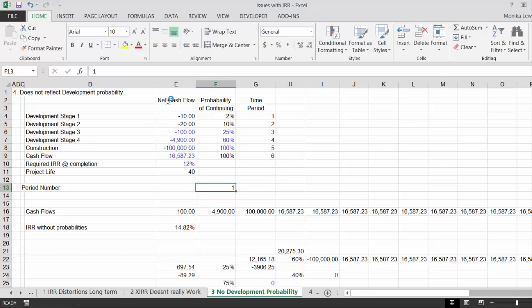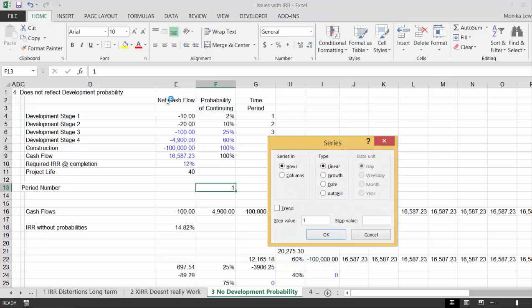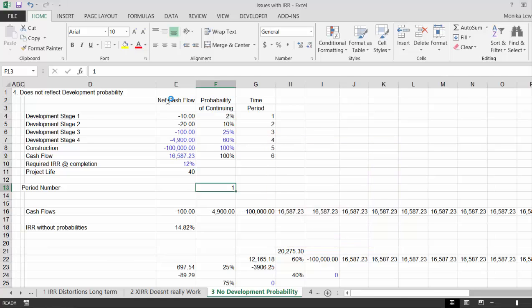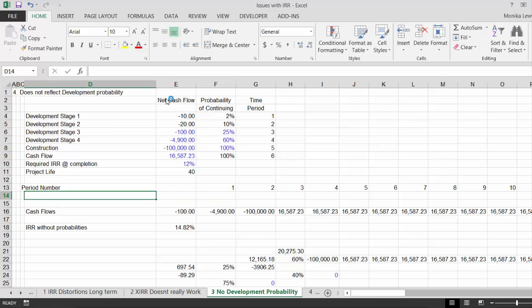Alt EAS, and then let's do about 50, 60 periods. Okay. And then we can put our operating life, which starts,